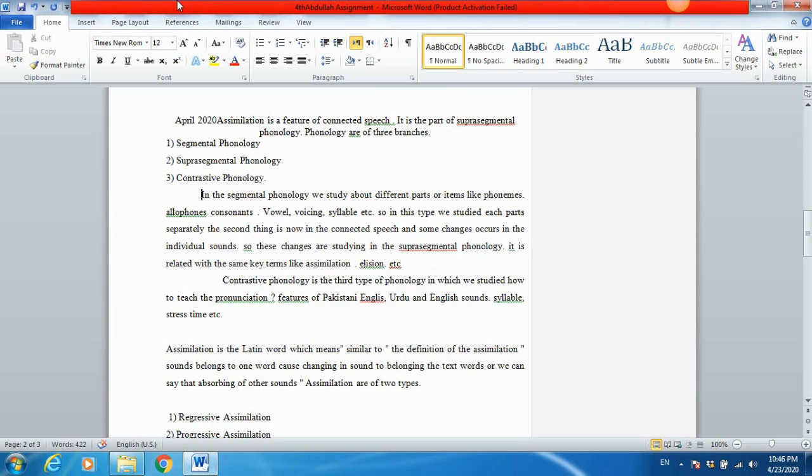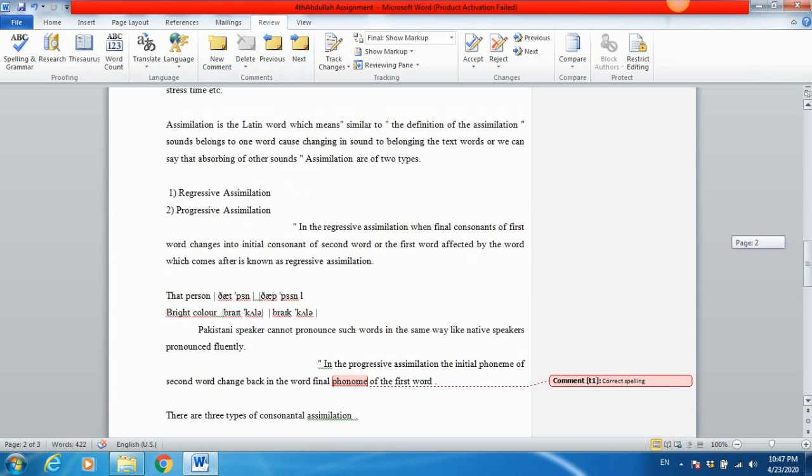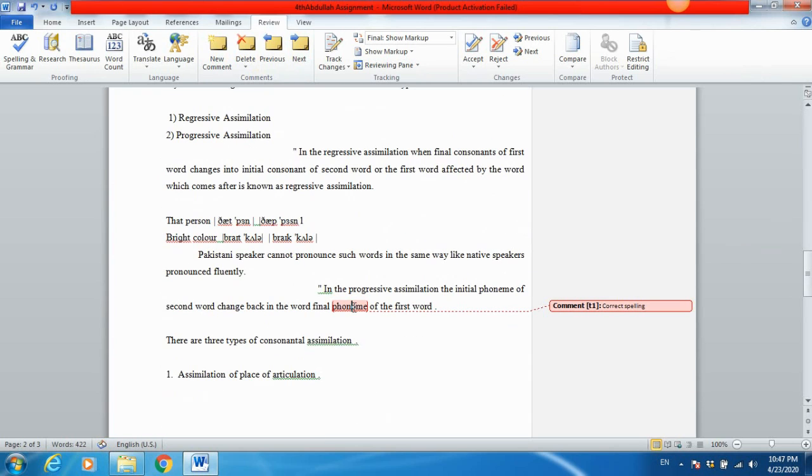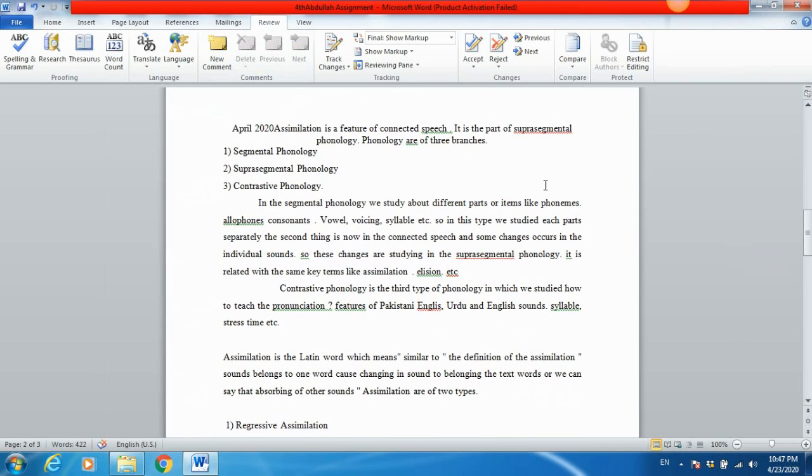Okay, let me remove the comment section. Review the comment, then delete comment. Okay, now let me see, do we have another comment? Yes, here is again a comment. So now, okay, you need to bring your text to the left margin. Now give a tab, press the tab button on your keypad. So this much, sorry, this much space you can give as an indentation.